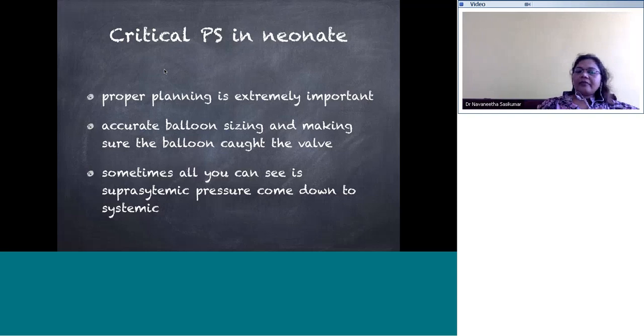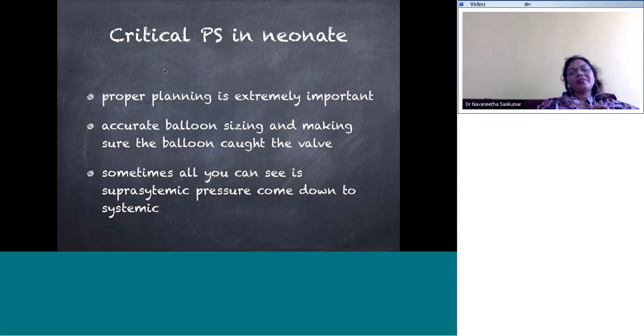But then very often the right ventricular pressures and the PA pressures are still high, so you do not get a good gradient to start with. You do not get a good reduction after your balloon dilatation, and then sometimes what you can see is all a suprasystemic pressure come down to systemic. So essentially, your planning should be meticulous. You should know what is the largest size balloon that you can use in this case. Make sure that you use the right size balloon and you catch the valve,